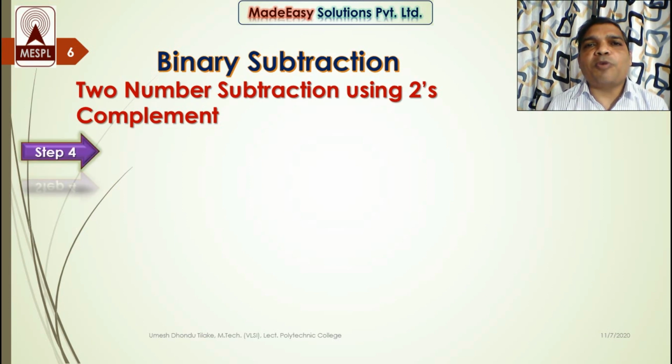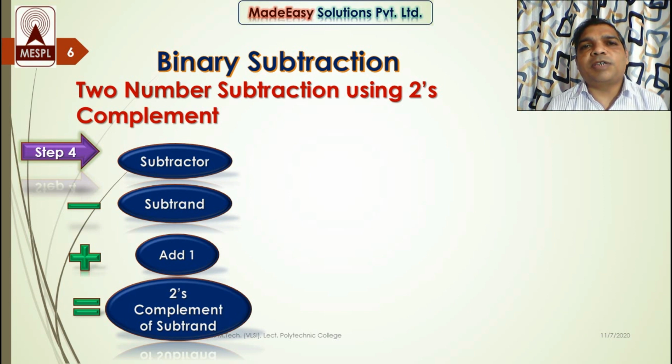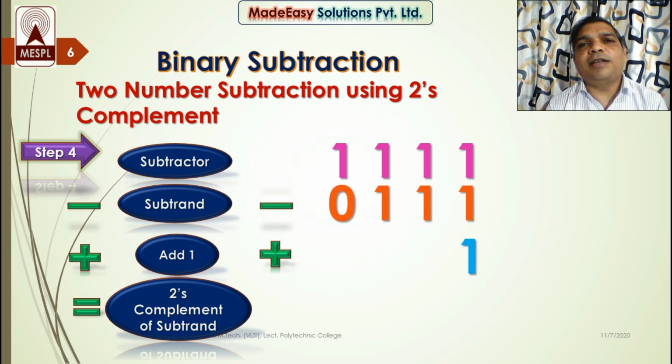Here, to obtain the proper result, again obtain the 2's complement of the result we got in the previous step. So first obtain the 1's complement and then add 1 to it. So arrange the equation first. Now if you see, the result we got in step 3 was a 4-bit binary number. So subtract it from 1111. Also add 1 to it so that we can get the 2's complement.